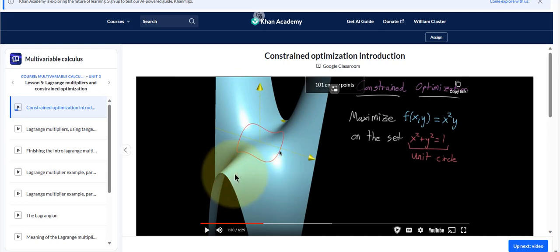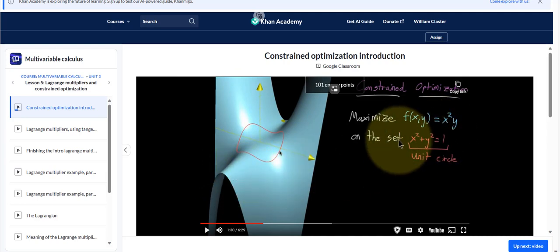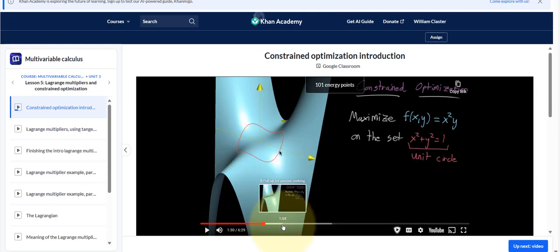As I said, we have a circular limitation on the input space, on the xy, and that means at one of the points on the circle, the height is here, and at another point on the circle, the height is up here, and at another point, the height is in here. So we have this object that we're trying to find the maximum height of, and then he rotates this whole picture so that we can look down on it and we get